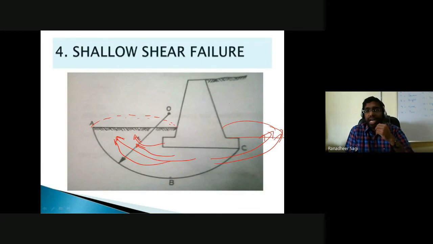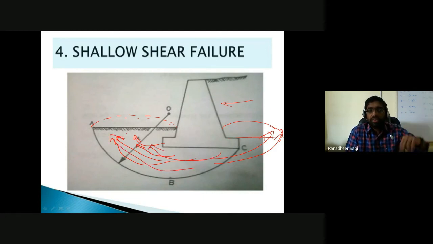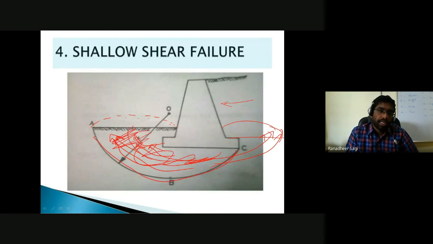Okay, but however, as this is the case of a retaining structure, the soil pressure exerted from the higher elevated ground is more, so there is more possibility of soil particles getting dislocated towards your lower elevated ground, which tends to cause what is called your shear failure. This portion of the soil in this region would get sheared, and the particles go and get deposited, in the process of shearing, on the other side of your retaining structure.